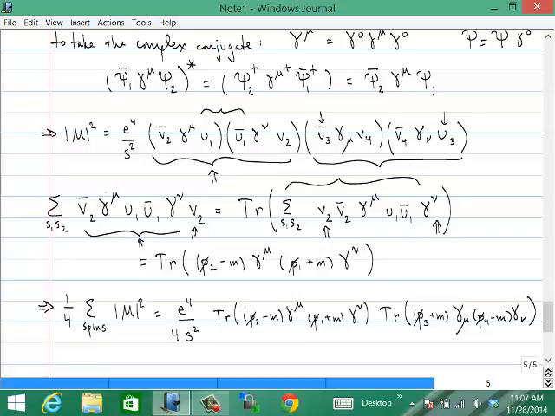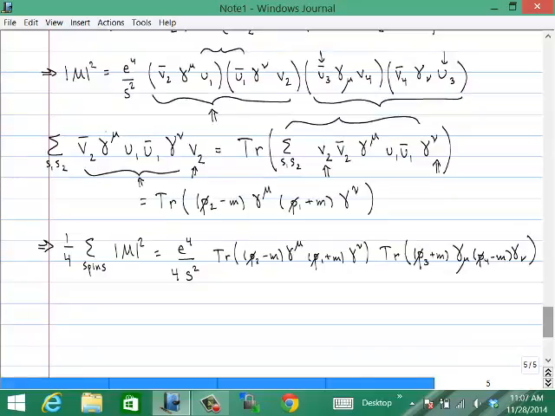Now, there are a lot of places where you can make mistakes here. You have to make sure that you keep the ordering of all of the spinor matrices, the 4x4 matrices, the same. You also have to make sure that all of the various indices get contracted in the right way. When I was preparing this lecture, I had to go through a few times and make sure I had everything contracted the same way. But at the end of the day, you get a